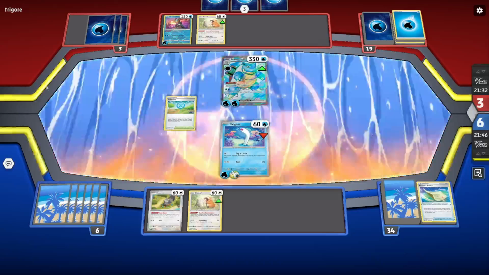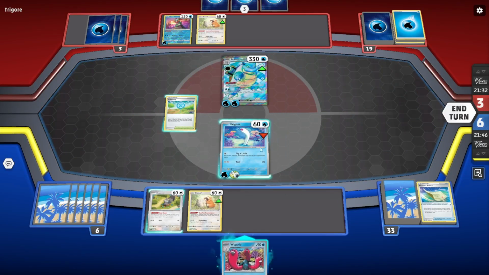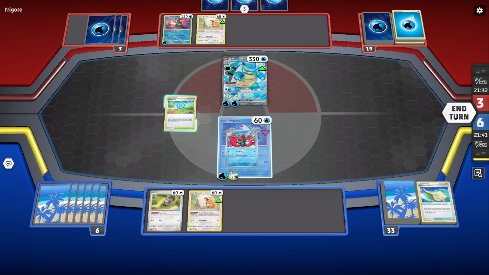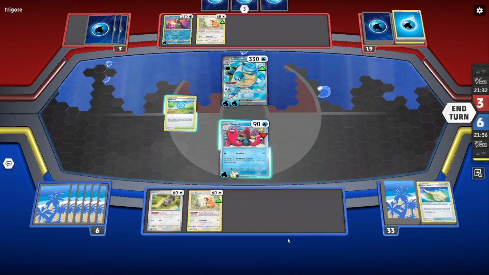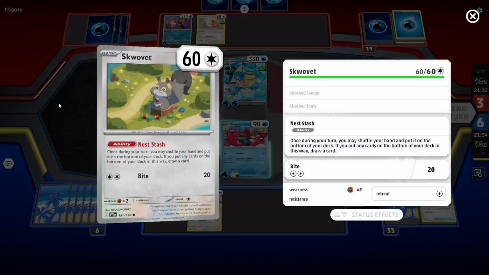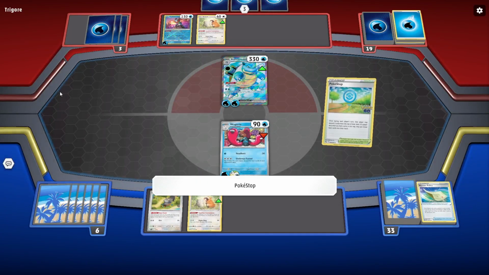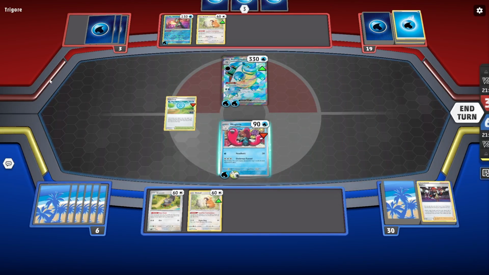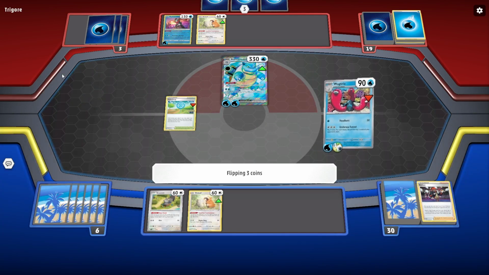So I need to get lucky here. You know, Pokestop. I'm going to have to play Pokestop. Okay, I have attack. Do I want to... I think I need to Pokestop. I don't love it here, but I could Skwovet, right? No, I don't have a hand, so I can't Skwovet. That's right. I was like, why'd Skwovet go away? That's right. I think that was the right play. I lose all those cards. That's unfortunate, right? And I really needed to hit like a